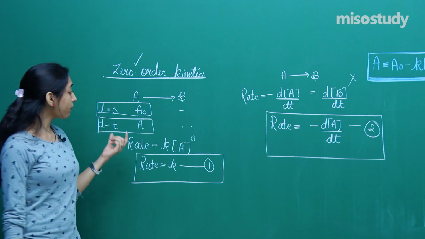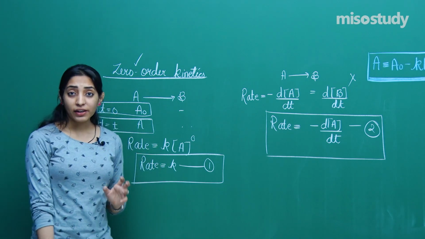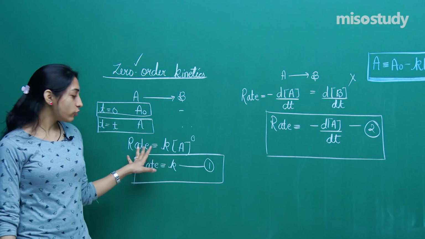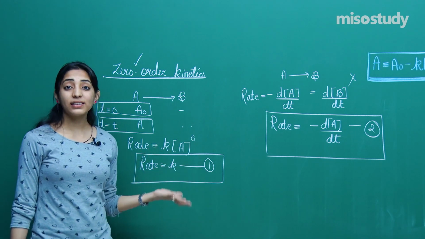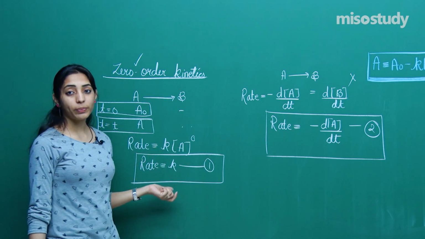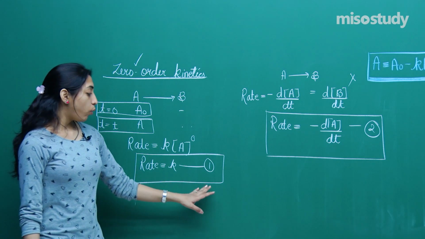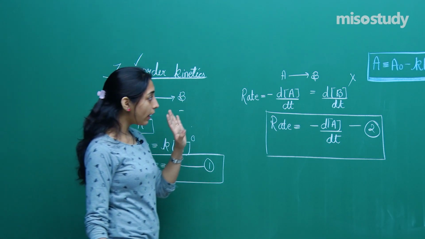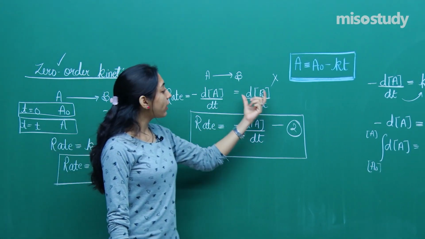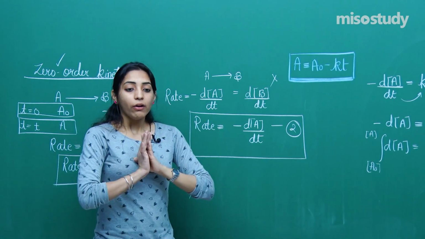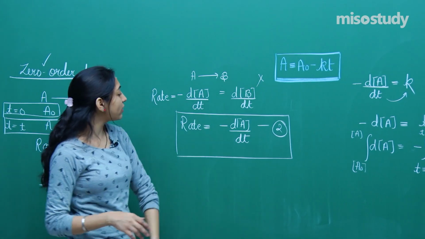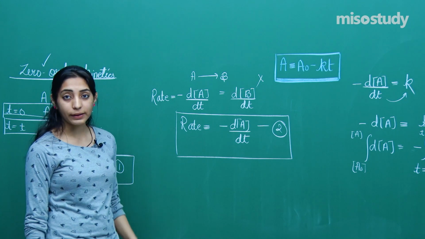So now I know how we can represent the rate of reaction. The rate of chemical reaction could be written with the rate law expression. So rate is equal to K into concentration of A raised to the power some n. But since it's a zero order reaction, the value of n will be 0. So we'll get rate is equal to K into A raised to the power 0, and thus rate is equal to K. Point number 1, right? Then I said that for the same reaction you can also write the rate as minus dA by dt, also you can write it as dB by dt. Again, for writing down the integrated rate law expression, you are not to be concerned about the products, ignore them, just start writing rate is equal to minus dA by dt, right?